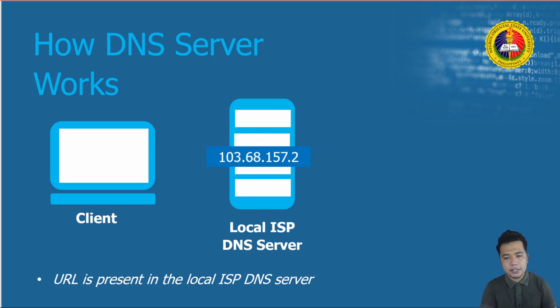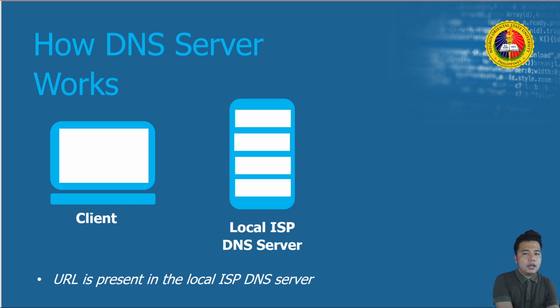Now, if the IP address is acquired, then the process continues. Again, the IP will be used to locate the web server. The web server processes the request, translates the contents to HTML, and sends it back to the browser. Easy. Again, the client will first check the local ISP DNS server to see if the IP address is there. However, whenever the IP address cannot be found in the local DNS server,